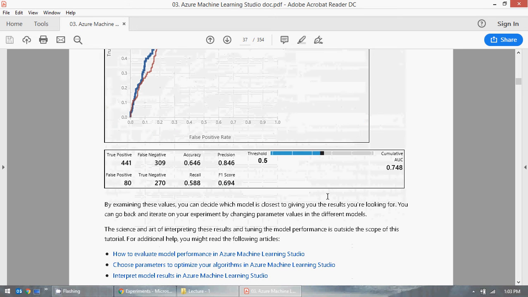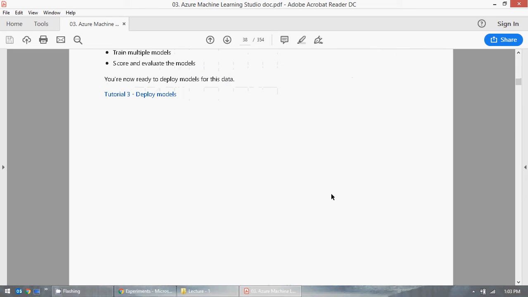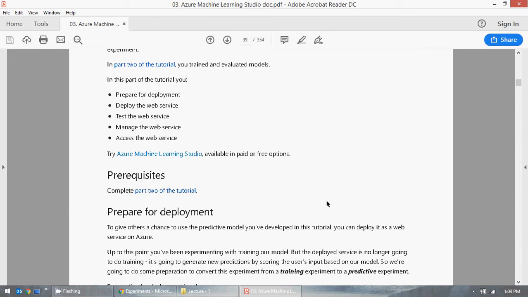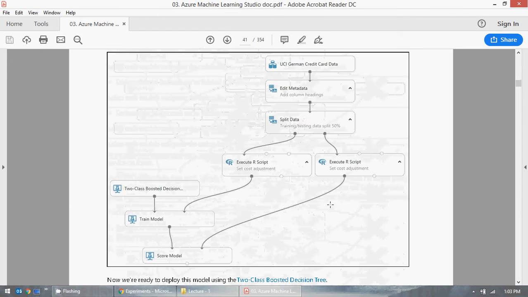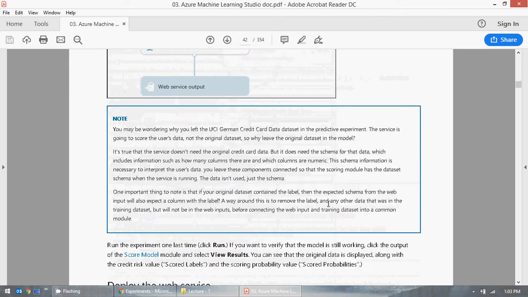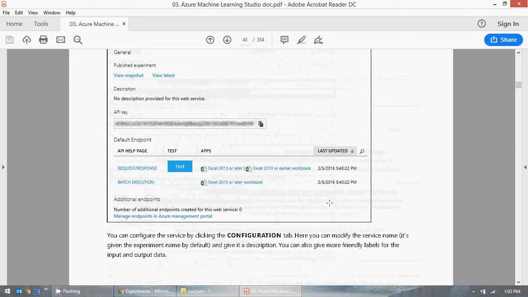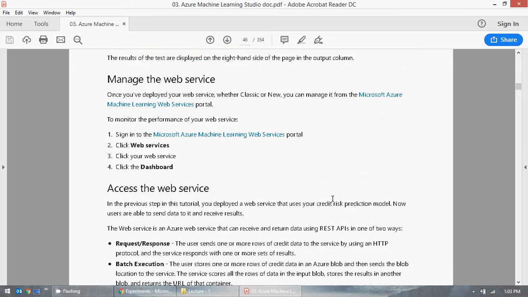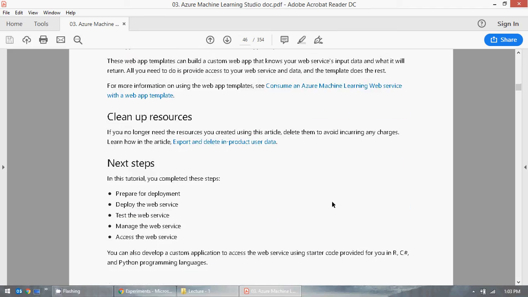Pretty complex scenario this is. But nevertheless, what we'll do is this is for deploying these web services. We all do all that, right? Since this German credit card data set is actually not working, so okay. What we'll do today is